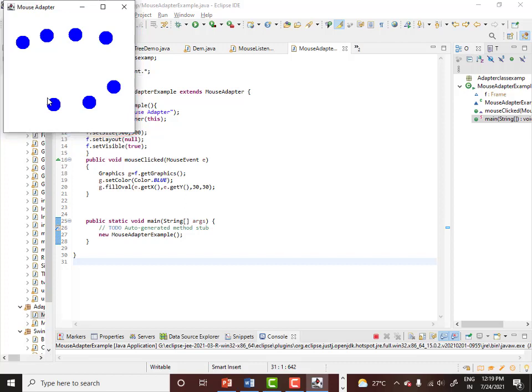You are getting the same output, but there is a difference in programming logic. So we shall find out what is the major difference between implementing a listener and extending an adapter.